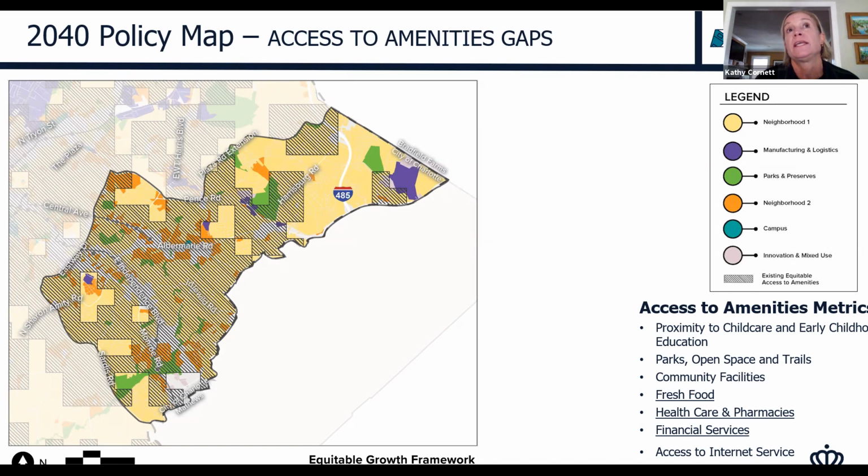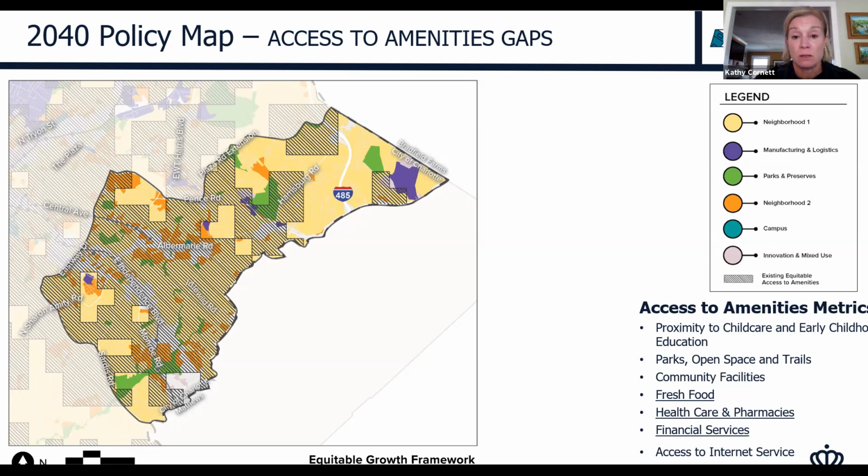It was more that if these things were there, then that qualified for more intensity of development. In applying the equitable growth framework, we're trying to provide both the opportunities for growth and the benefits of growth, and share the responsibilities and other things that come with growth citywide.